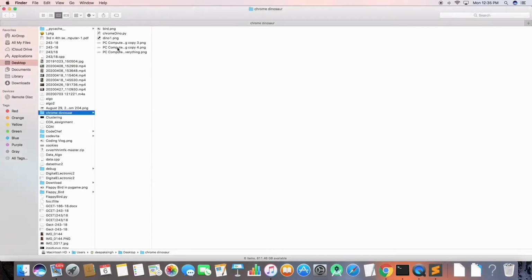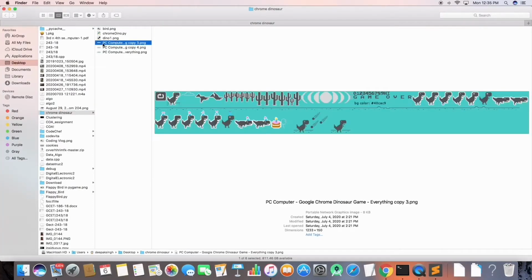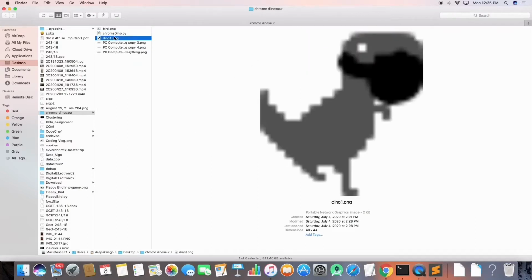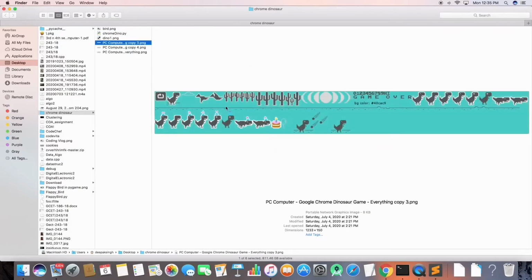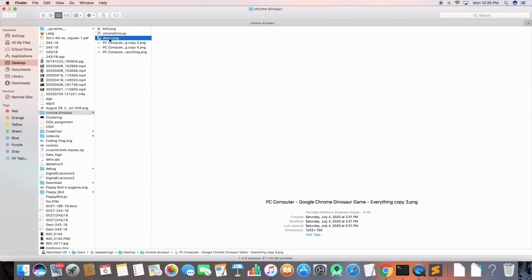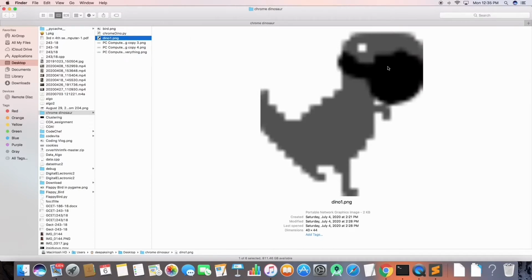So here you can see the sprite that I'm using, and I have cropped the particular characters that I need. So you can see here and here. I know they look a bit different from what I downloaded, because I'm trying to make a quarantine edition Chrome Dinosaur game. So this is what I have designed to be the mask to be like. So let me show you what I'm trying to do.